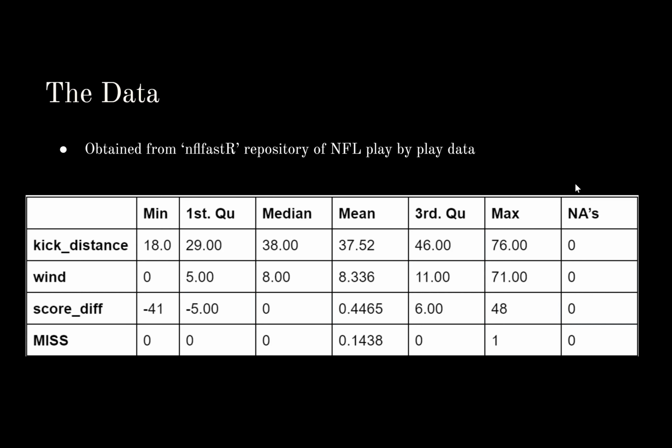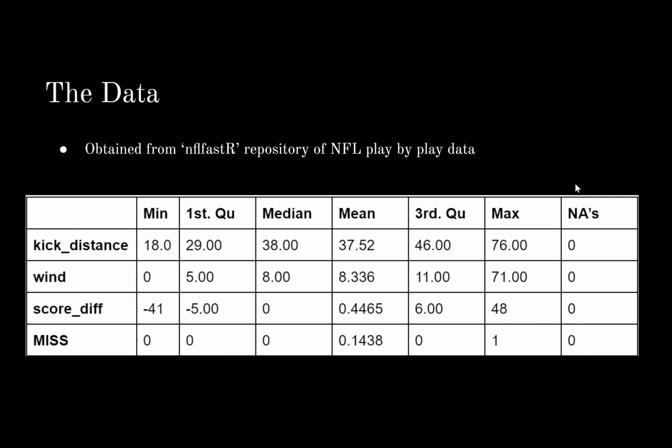It contains 363 variables. To start, I had 625,578 observations, which in this case is plays. Each observation represents a play spanning from 2008 to 2020. And because my research question involves kick success, I created a new data set containing only plays which were field goals, which left only